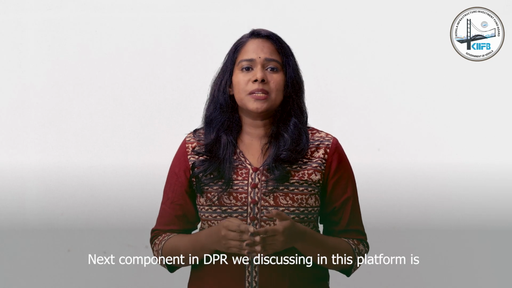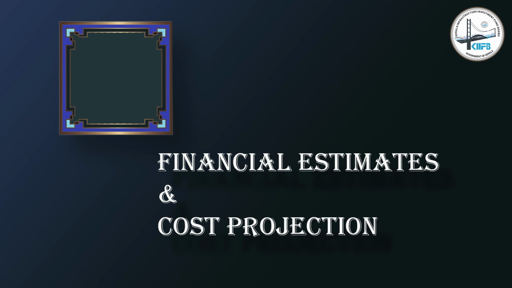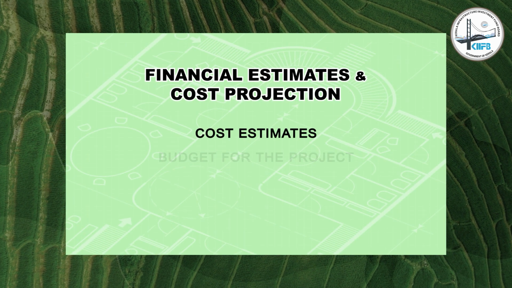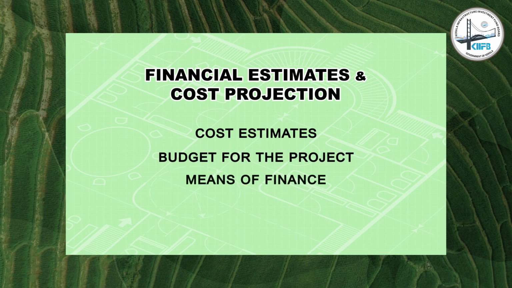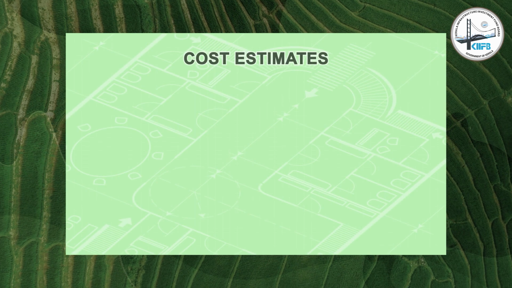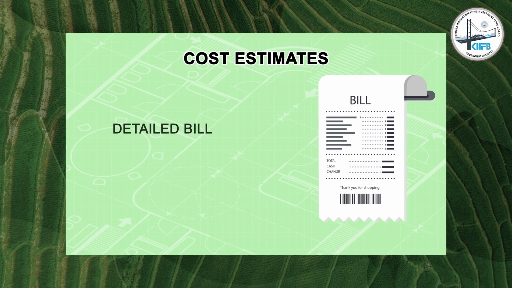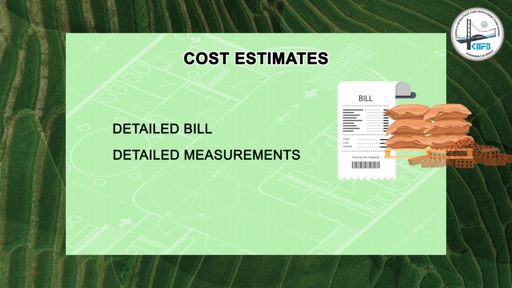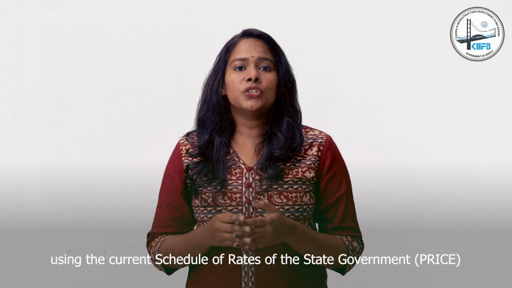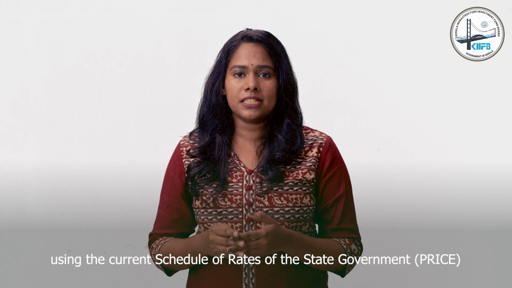Next component in DPR we discuss in this platform is financial estimates and cost projections. This section should focus on the cost estimates, budget for the project, means of financing and phase of expenditure. Cost estimates have to be worked out on the basis of detailed bill of quantities with detailed measurements of length, breadth and depth or height for each item, using the current schedule of rates of the state government price or